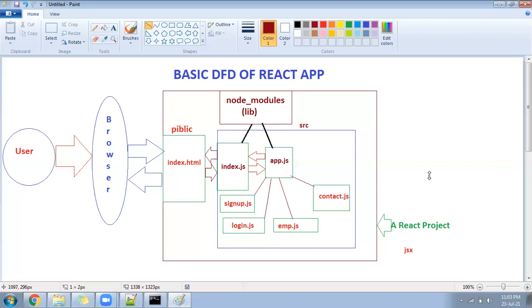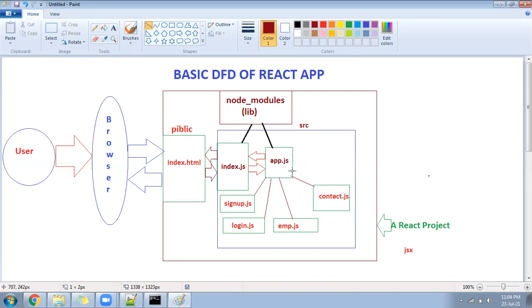Suppose your project has 20 plus pages, 100 pages, 200 pages, no matter how many, React says you create your own pages according to your requirement, and you keep linking all the pages to the app.js file. You can create any file, but app.js is the default file, so I'm guiding you with it. It will be the default structure. Signup, login, EMP, we are creating our own. All the files we create, we link through the app.